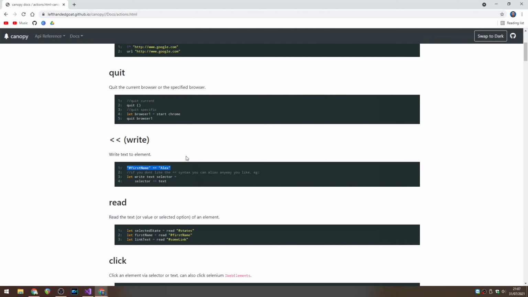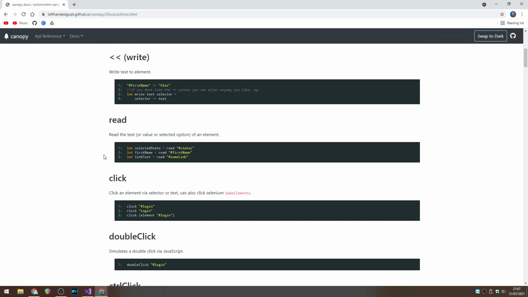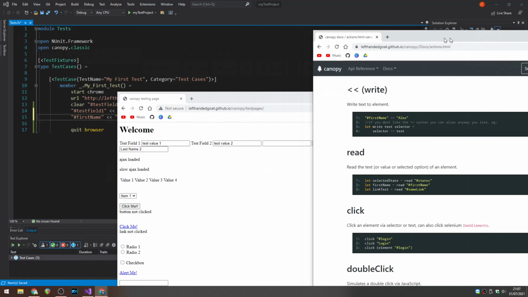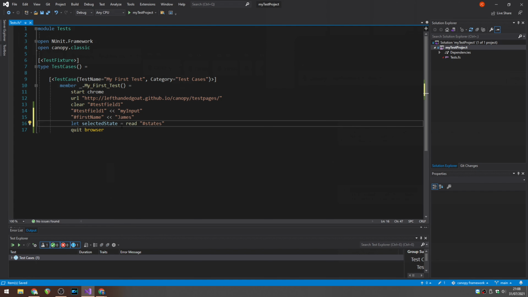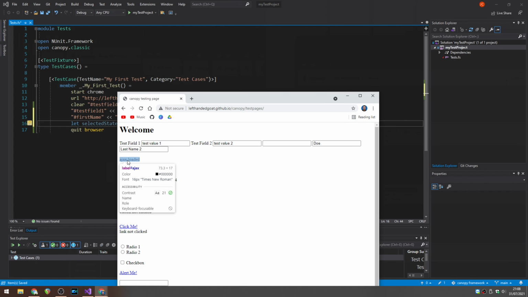and let's go back to Canopy and just have a look down and see what else we can get here. Read is a handy one. So this one reads the text or value of the selected option of an element. So what you can do with that is you can say, for instance, let's have a look on the page and see what we've got here. So if we have a look at Ajax loaded, that's obviously got the text Ajax loaded and it's got an ID of Ajax. So in theory, we should be able to say read Ajax. I think that should work. So if we say